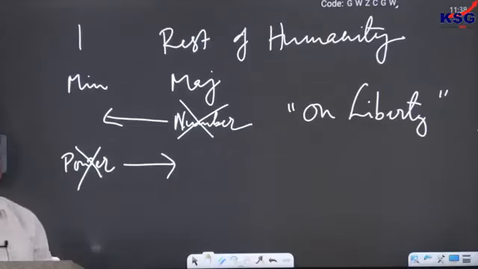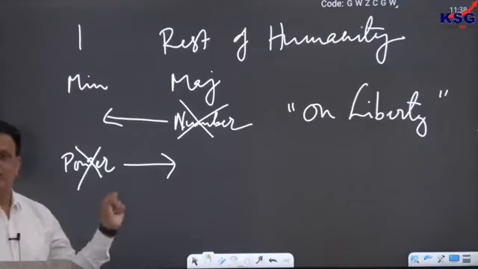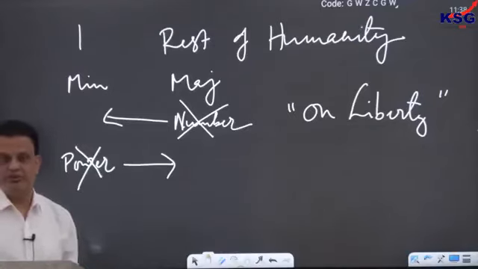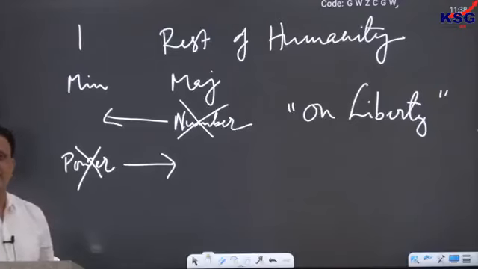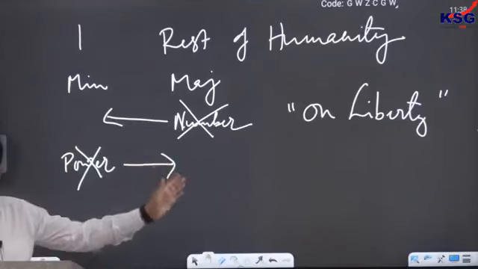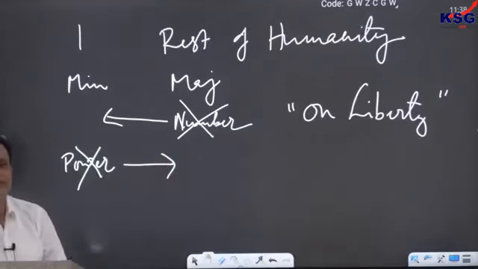In that book, he had actually made a very conscious effort to tell us what are the benefits of liberty. Why is it that liberty is such an important thing that we should never compromise on it. So let us talk about what are the arguments that he presented in support of liberty in his book On Liberty. So we will talk about that next. Write down first.